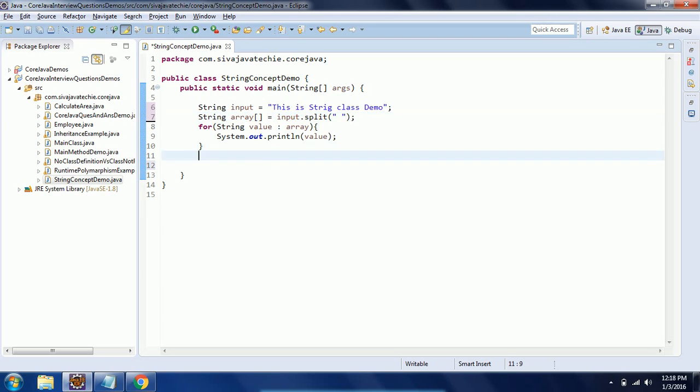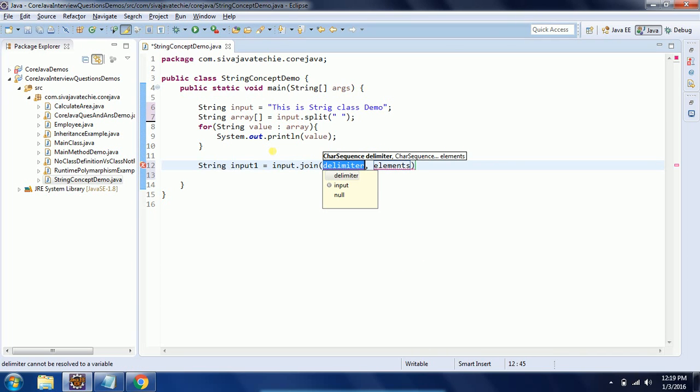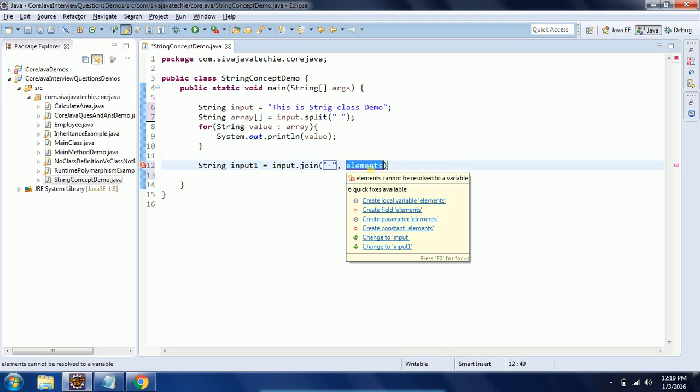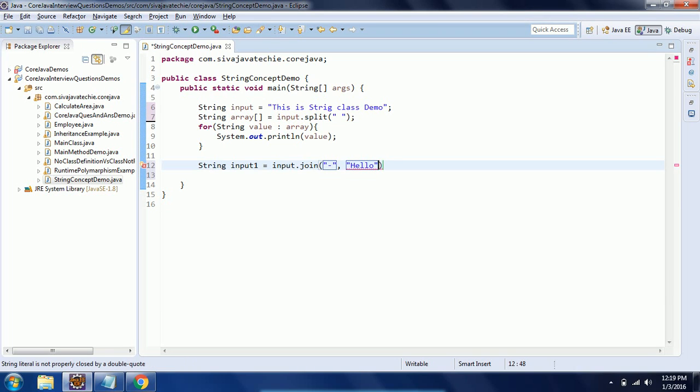One more method we talk about is join. For example, the join method is called as String.join. Here, if we specify a delimiter, any delimiter, and then pass a sequence of characters, I'll show you: "hello", and also I'm passing "this".